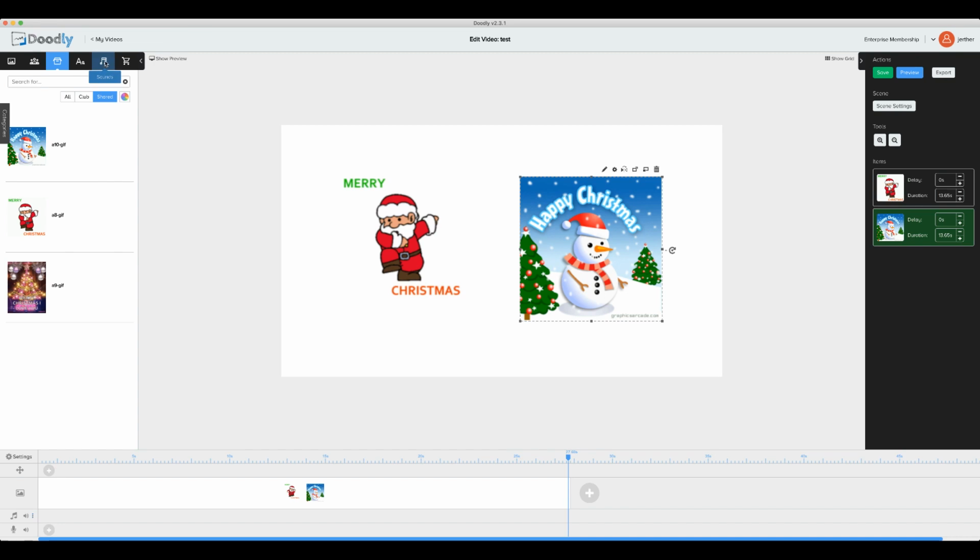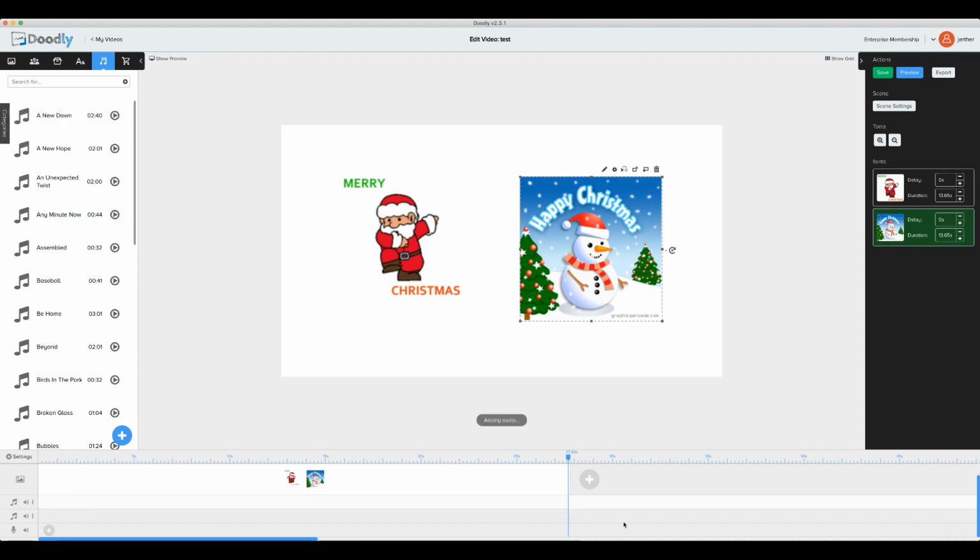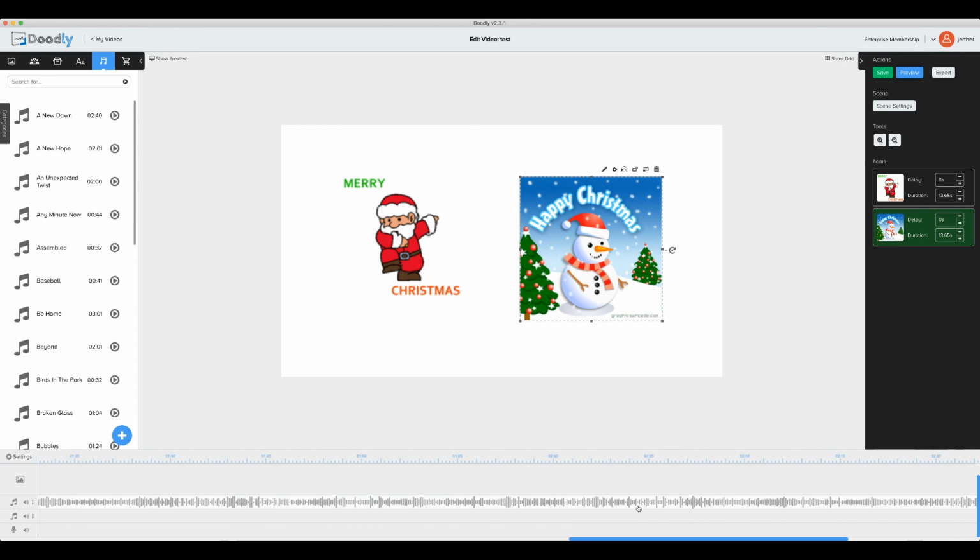So I'll go to our Sounds tab, and then if we go down here to our music icon, we'll see the new option here. If we click on this, it'll give you the option to add a track. Let's go ahead and add a track and scroll down, and you'll see that a new music row has been created. So I'll go ahead and I'll put in my first musical choice here, and then I'll go ahead and